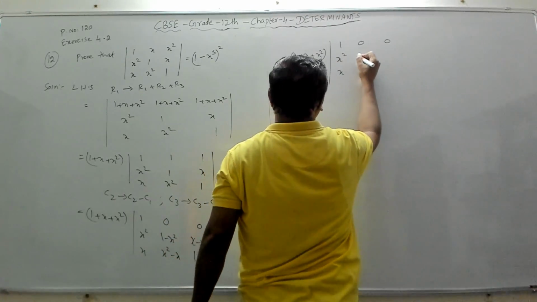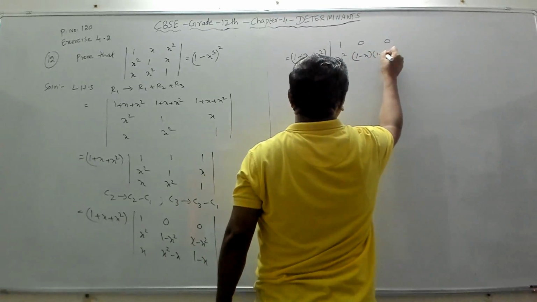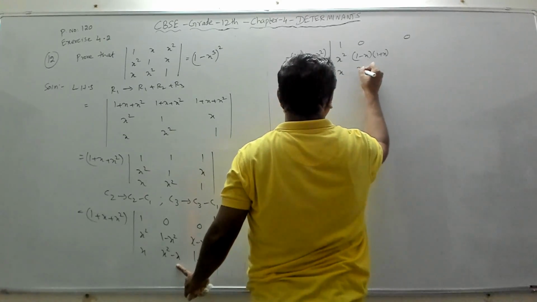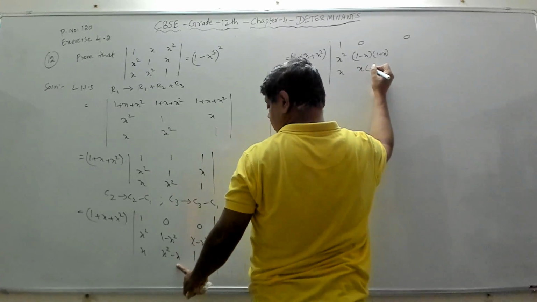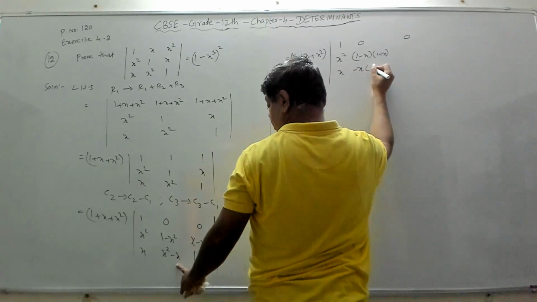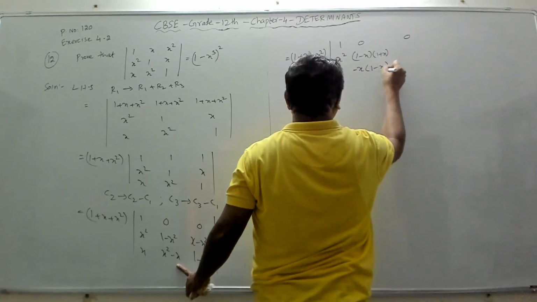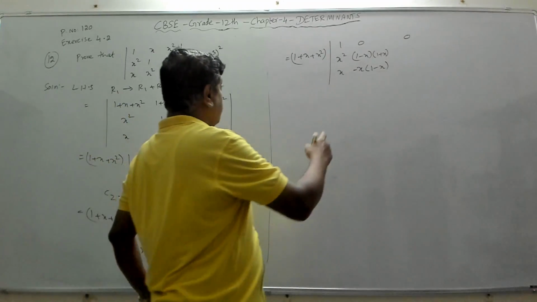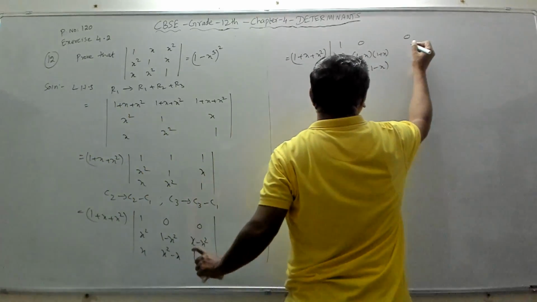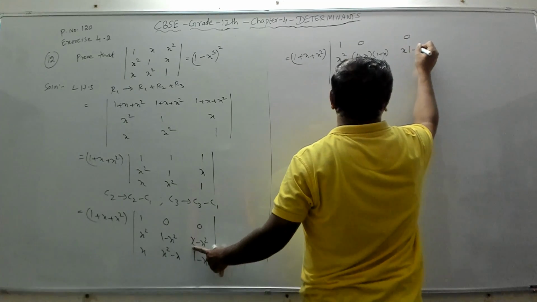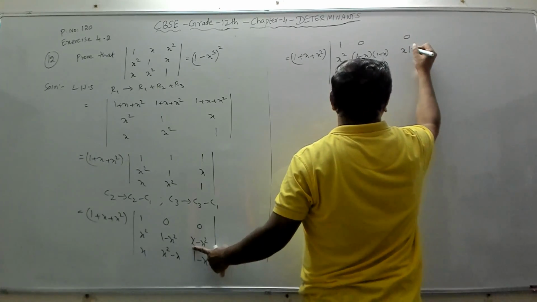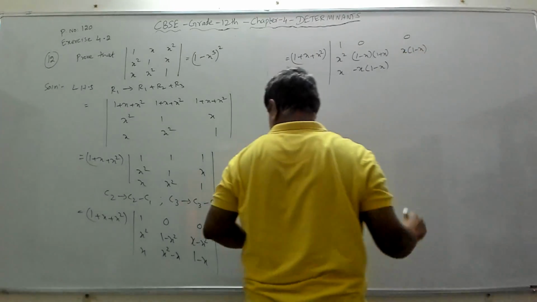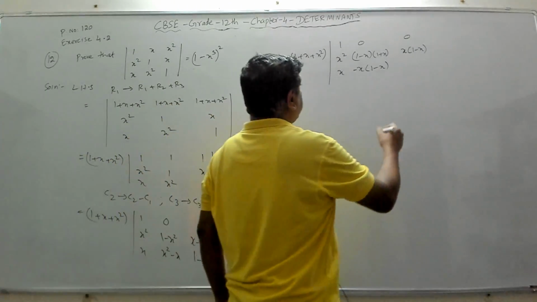So 1 minus x square can be written as 1 minus x into 1 plus x. A plus b into a minus b. Again, x square minus x can be written as x, if I take common, I can get x minus 1. So I will take minus x common, so that I get 1 minus x. I'm trying to get 1 minus x. So I'm taking minus x common from here. I'll get 1 minus x because here we have 1 minus x. So here also 0. Here I'll take x common, 1 minus x. Take x common, I'll get 1 minus x. Here it's already I have 1 minus x.